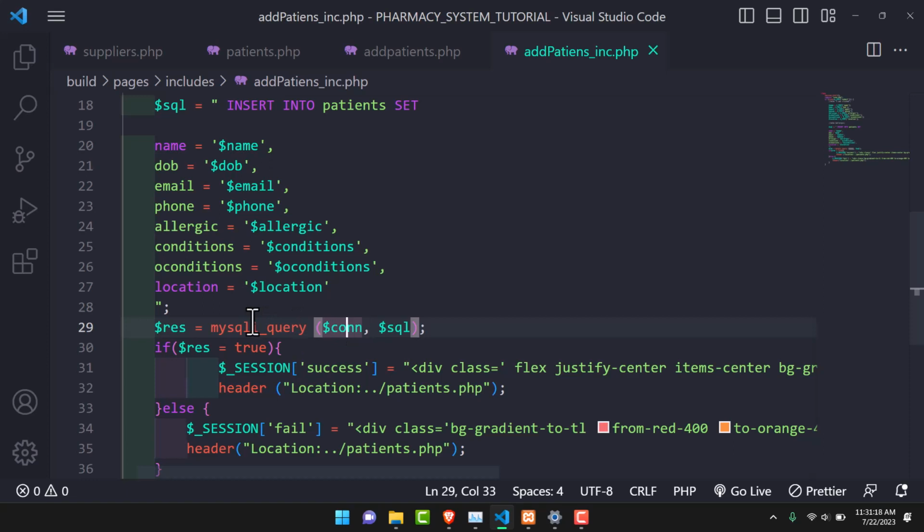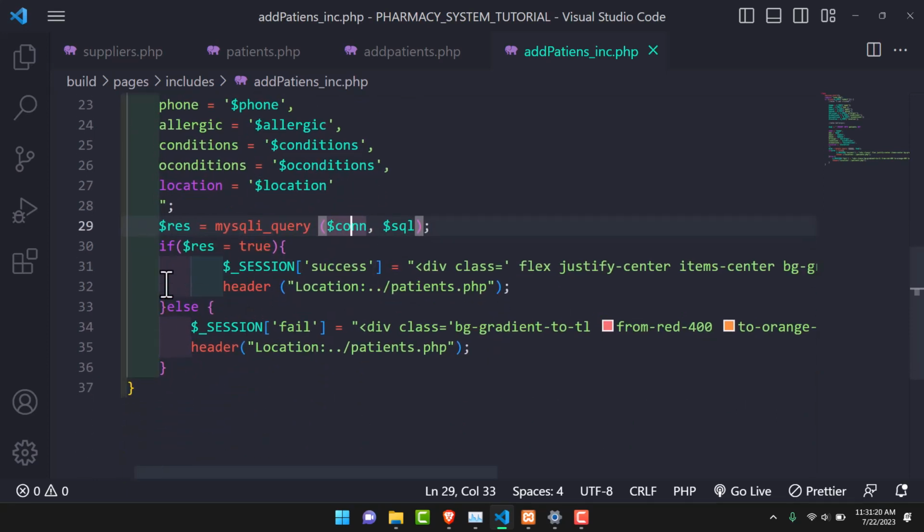Now down here, what we are doing is creating an if statement. This if statement is basically trying to see whether this is true. Remember, the results of this, that is, whether the connection to the database was successful or whether the insertion of data into the table was successful, are being stored here in this variable results, more or less. So we want to say, if this one is true, that everything went well, then